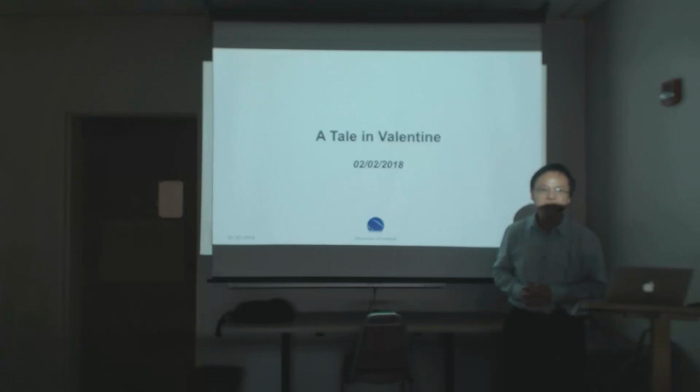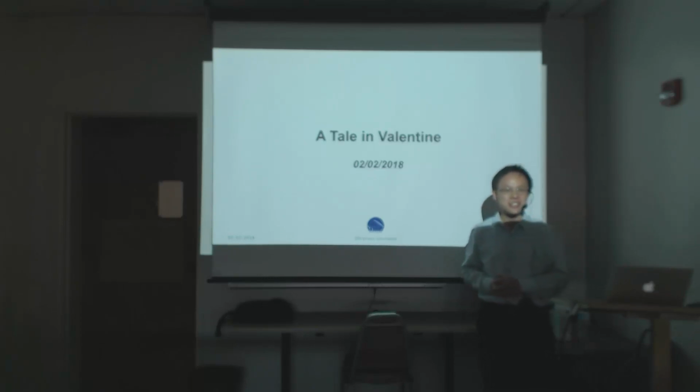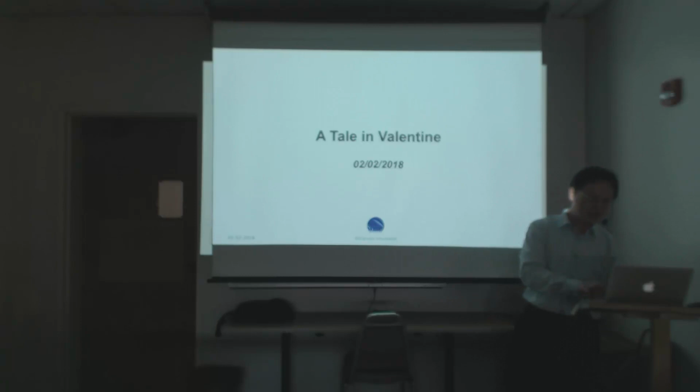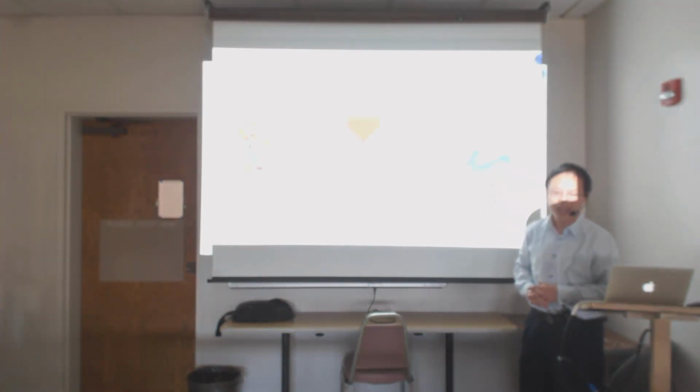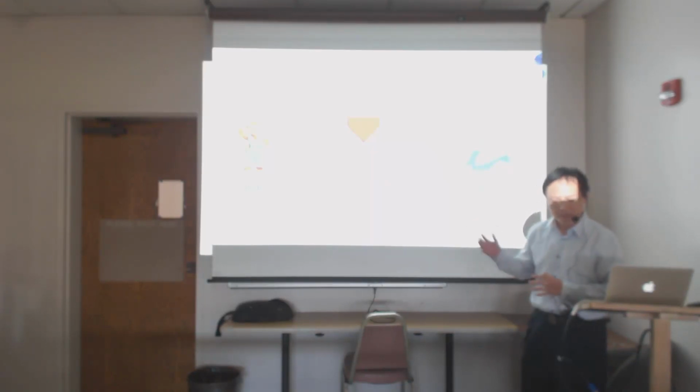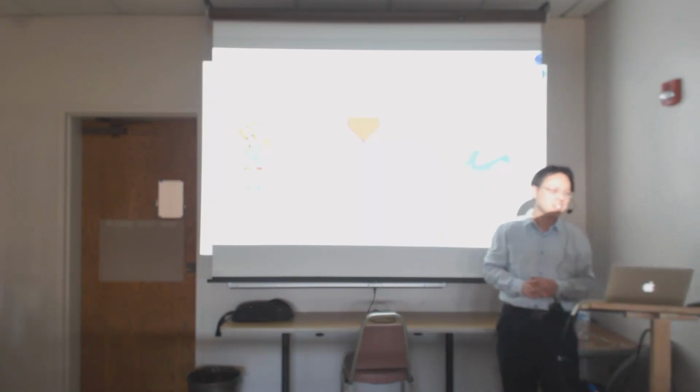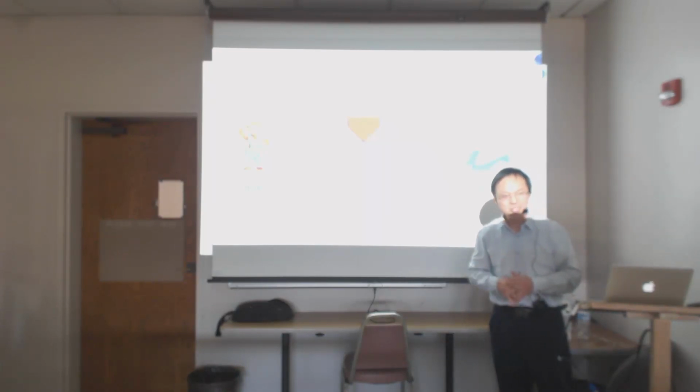It's February, and romance becomes the theme of February. And the beginning of a love story may be like the following. Bob is a nice guy, and Bob wants to ask his dream lady Alice for a date. Bob wants to introduce himself to Alice, but Bob is shy. And so what can he do?